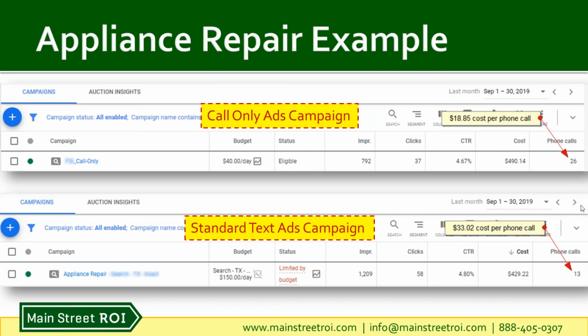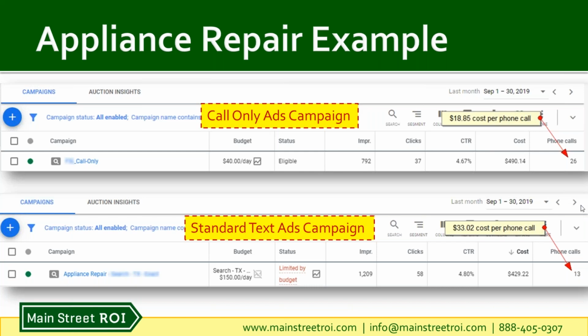And then phone calls is obviously phone calls. So you can see 26 phone calls. You may be wondering, well, if someone clicks on the ad, why wouldn't that number be the same as the phone calls? Well, it is possible to click on the ad and then it would load up the phone number on your mobile device, but then that person might not actually place that phone call. So that leads to a metric called your phone call rate, which is phone calls divided by the clicks, which is a good metric to keep in mind and monitor,